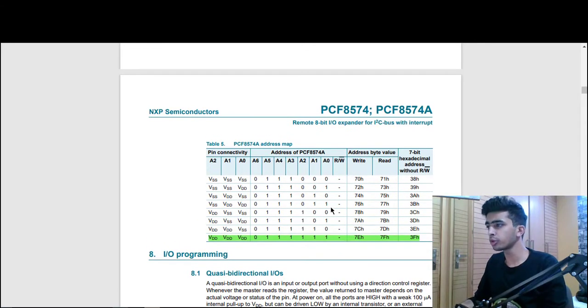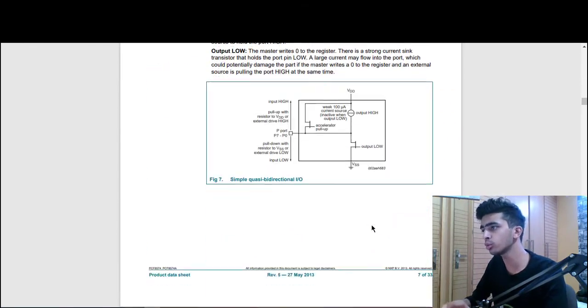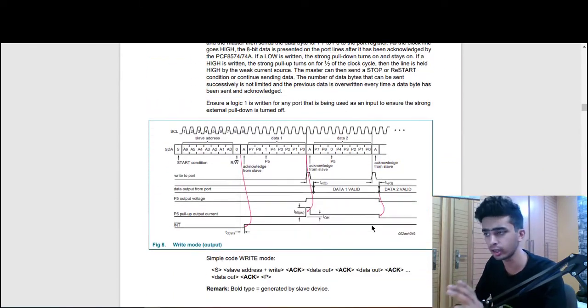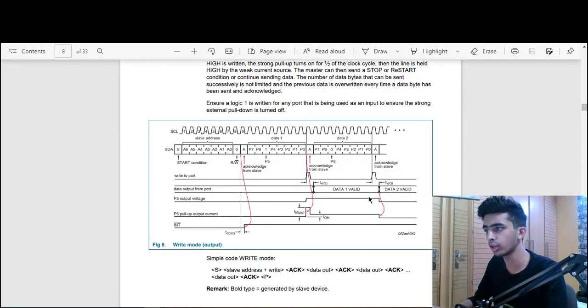Okay, so now starting with the PCF8574. As this is our I2C module, it will have its I2C slave address, which by default is 7E for write operation, and for read we need the 7F address. Now, how things go with this module is very simple and not very complicated. As you can see in this block diagram, this is what we have to follow.